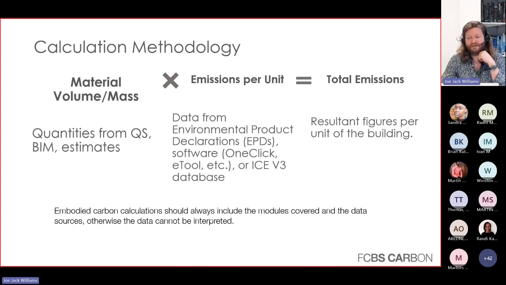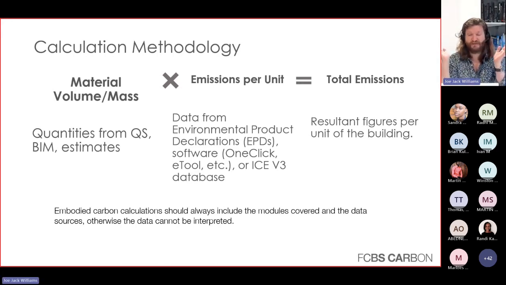And then the next thing you do is you take the emissions per unit. So you don't have to calculate this. You just have to take the data from elsewhere. So the classic one is an environmental product declaration. Some bits of software have them already built into it. There's another one called ICE database. I'll show you all of these as well in a second. So what you need to do, multiply them together, job done.